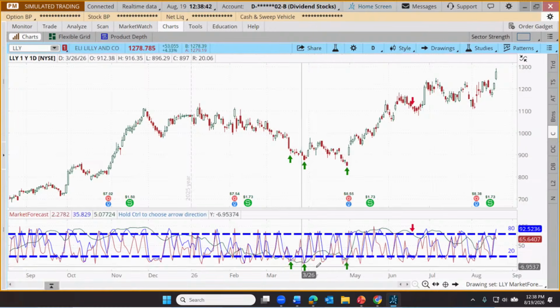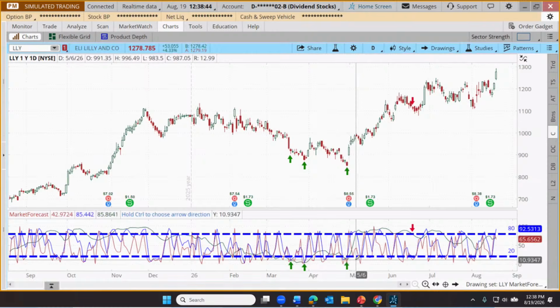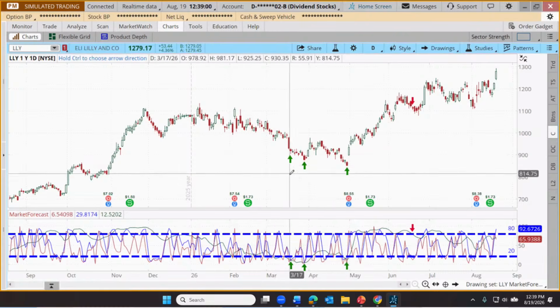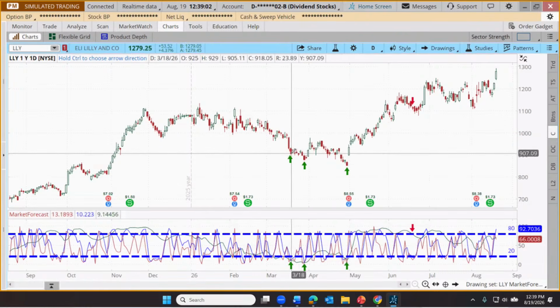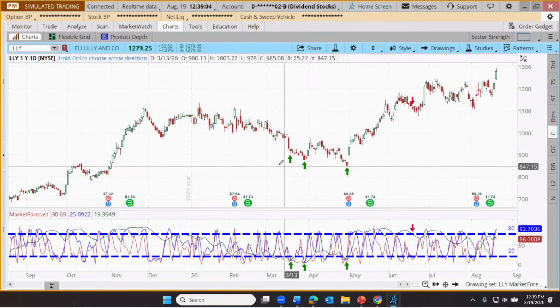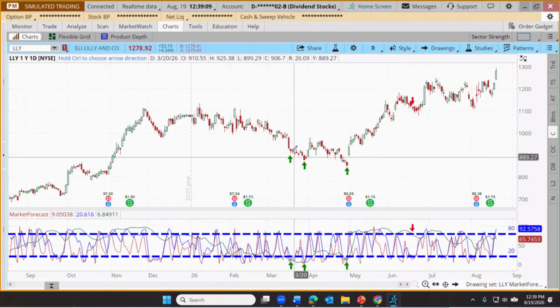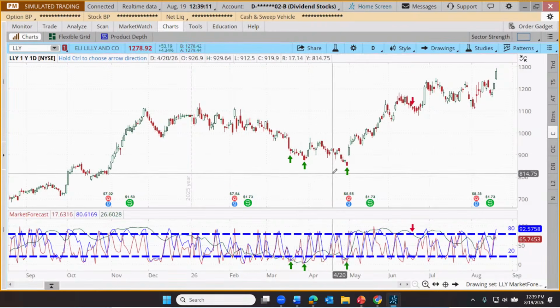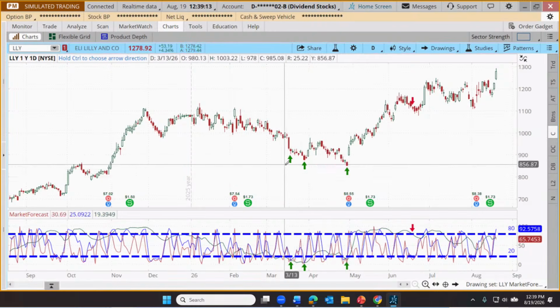So those might be taken as an entry. Now with these, they don't happen very often. The assumption by the trader is that there may be a lot of upside potential. So typically, a stop, if used, is placed a little more distantly below the entry. So we might look at placing a stop. You know, it might be several days worth of trading below that entry. But in any case, there's our entries.